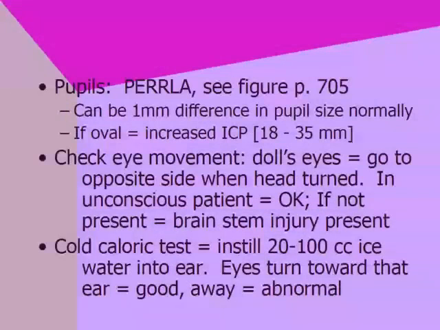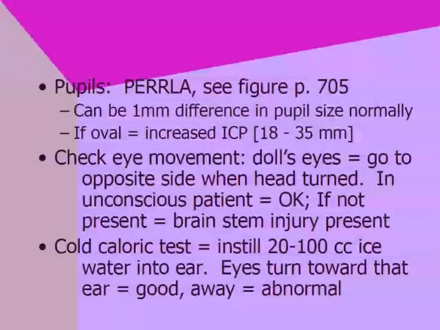You want to look at your pupils. They should be equal, round, and reactive to light and accommodation. That's what PERLA stands for. You cannot use that unless you have 2 eyes. I've seen residents and interns write PERLA, blind in left eye, or enucleation in the right eye, whatever. There's a figure for this on page 705. Remember that there can be a 1 millimeter difference in pupil size normally. If it's oval, it means you have an increase in intracranial pressure,